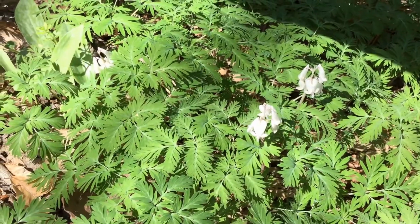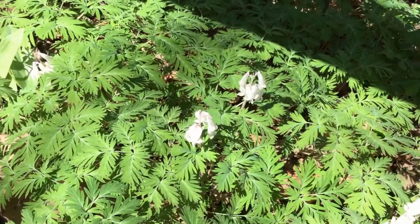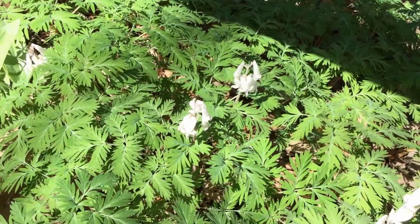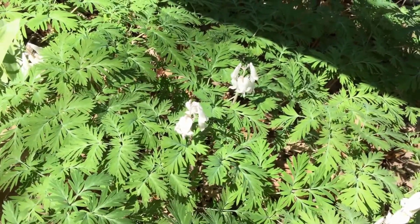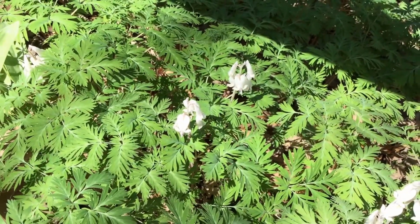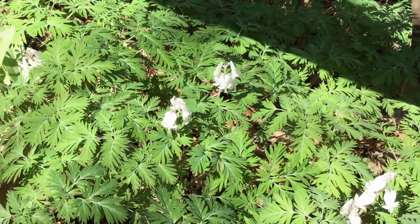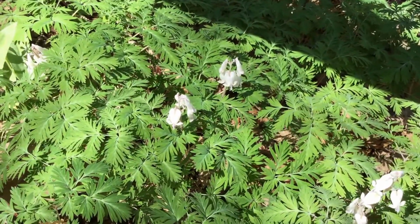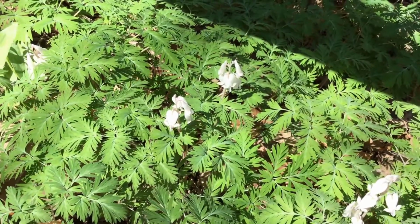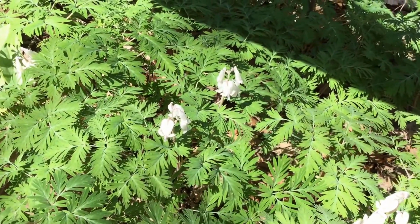So this is Squirrelcorn, one of our spring ephemerals. It's a very pretty little flower, basically like a white bleeding heart that hangs upon these leaves. This is in the same family as the Dutchman's breeches. In fact, same family, same genus, Dicentra, but much less common. Usually blooms maybe a week or so later. Very, very similar otherwise, except that of course Dutchman's breeches looks like little pantaloons, and this one looks like a heart that's